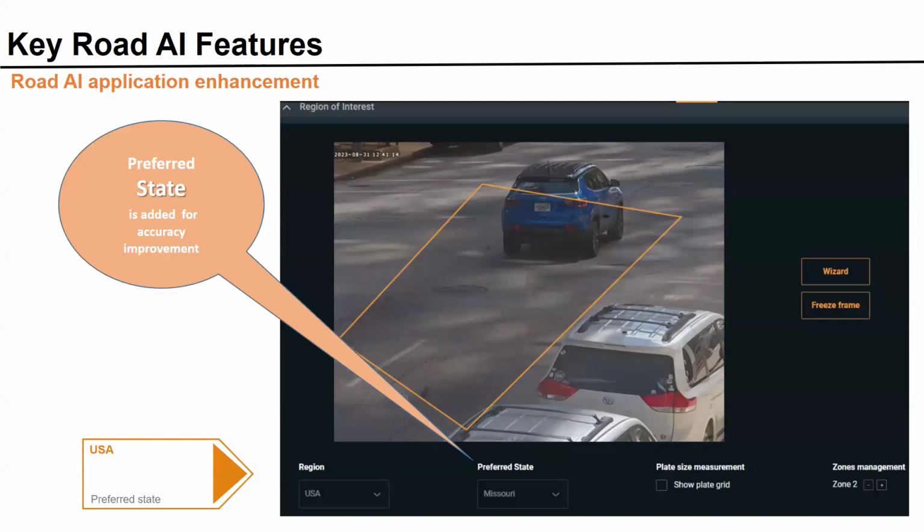We also have, for improved accuracy in the TNO 7180, a preferred state. So you can put in the specific state that you are typically in to help with the most likely match. Obviously, many states have cars from all over and nearby states, but it's just to help with what the most